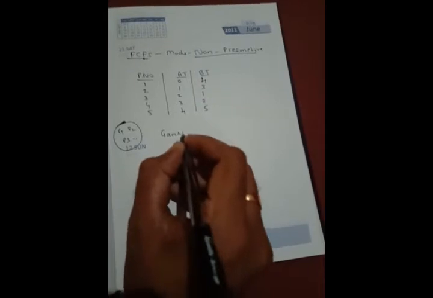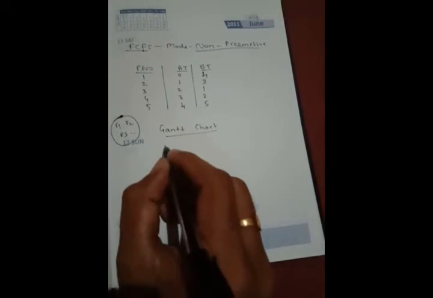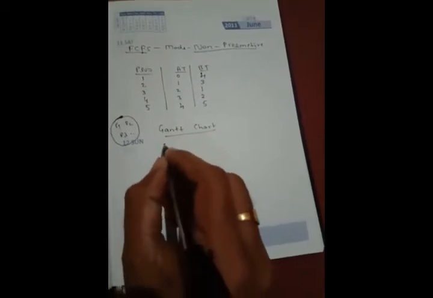You have one more concept called the Gantt chart. Based on the Gantt chart only, we can visualize the concept of the entire problem. Now, how to write the Gantt chart? It is something like a queue itself. You don't need to put much effort into understanding this. It is something like a queue only.